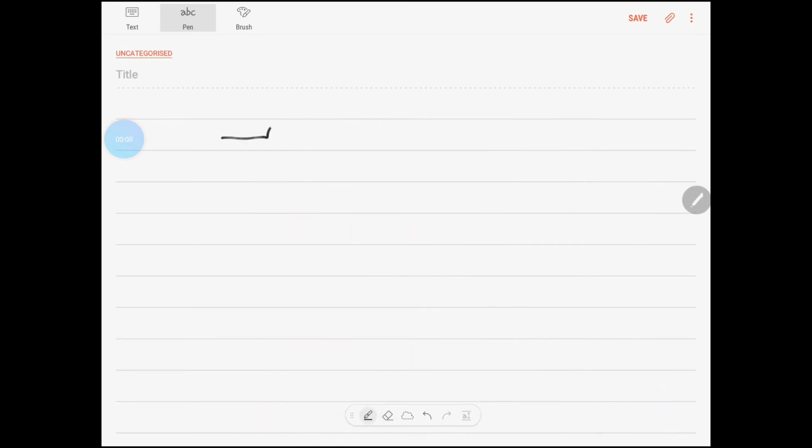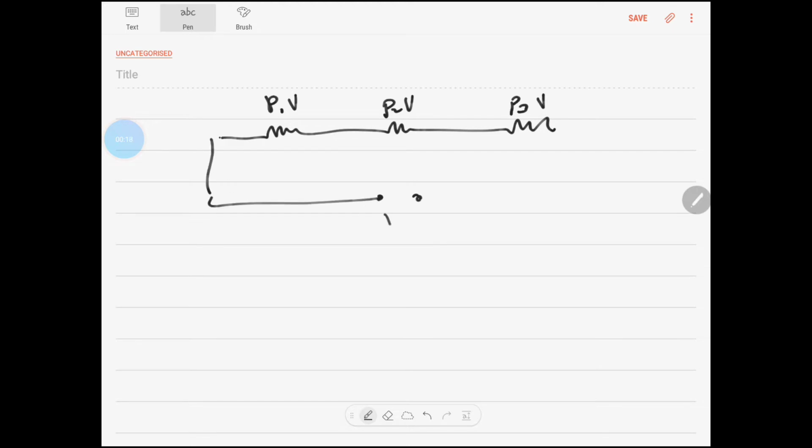So considering 3 resistors in series and the ratings as per the manufacturer's P1V, P2V, P3V, the power and the voltage respectively. Supposing I am connecting it to a supplied voltage which is also V. Then this is the rated voltage, okay. So then this is R1, R2 and R3, and R is equal to R1 plus R2 plus R3, and you